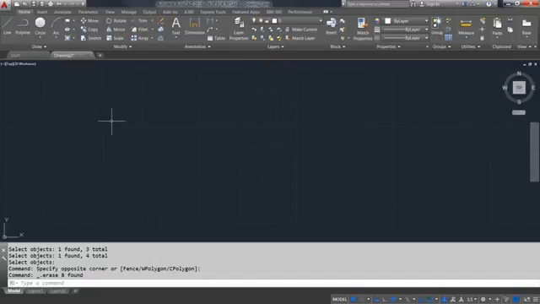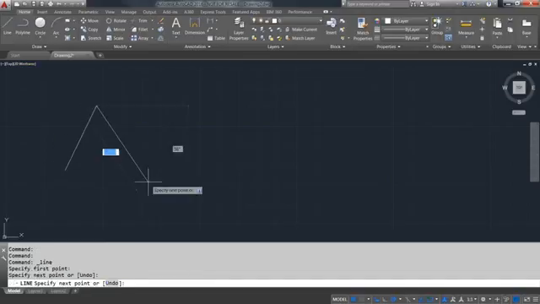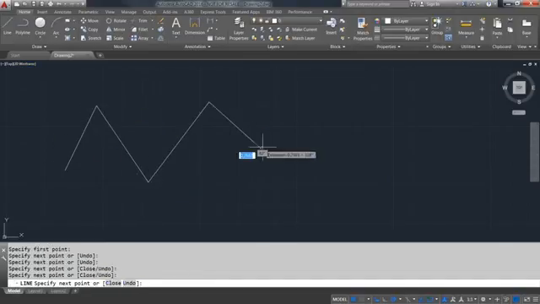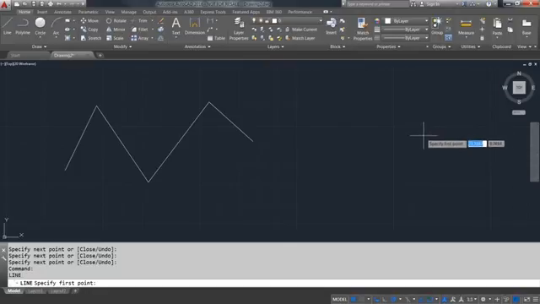Now, one nifty thing that our friend Volker taught me when preparing for this webinar was that with several commands, the start point, so I'm going to end this line here. Now, if I start the line command back up again, it's going to prompt me for the next point that I want to start my next line